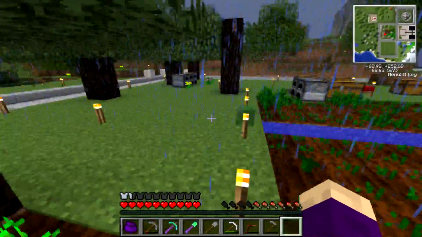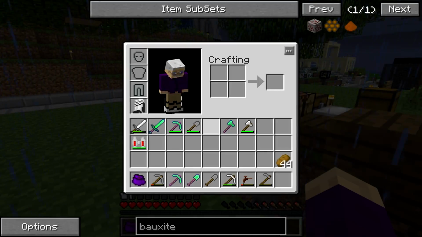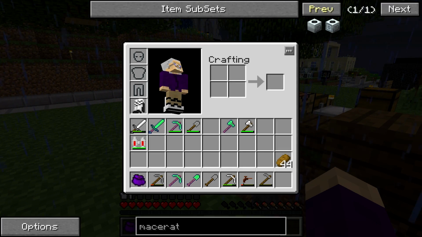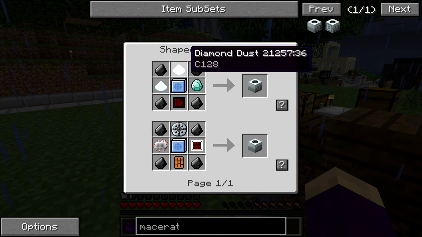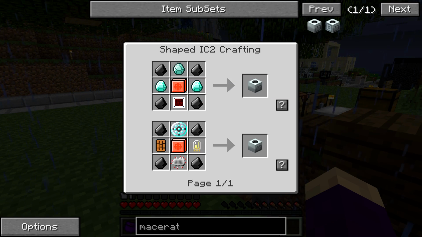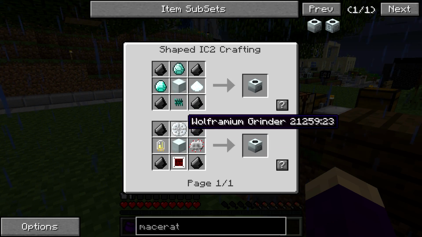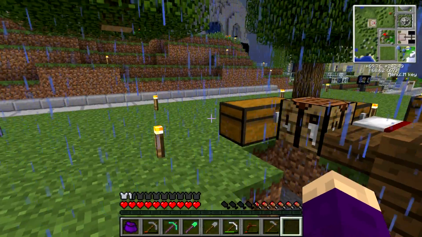Macerators and pulverizers are very similar, but pulverizers are generally the better because they're cheaper. But macerator is made... Yeah, you need like diamonds and sturdy casing. I don't even know what that is. Or a machine block. There's all these different recipes. Like, what the heck is this diamond grinder? So, yeah, I think